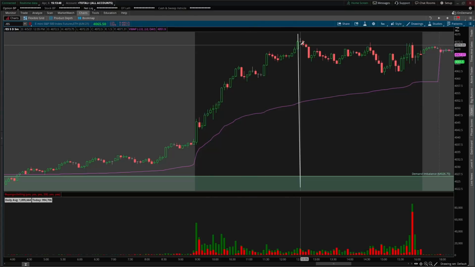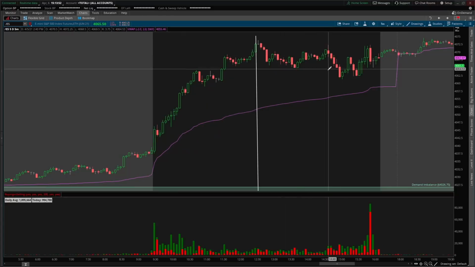Now, 12 o'clock comes, 12:30, 1 o'clock comes, and the market is to the right side of this chart, and we're trading sideways. There's no volatility, there's no momentum, and there's no volume. So if you missed this first move and you didn't have any skin in the game, where emotions come in is you're going to have FOMO, and you're going to want to put a trade on because you see either other people making money off of the first rally, or since you missed it, you want to have skin in it and you want to make money yourself.